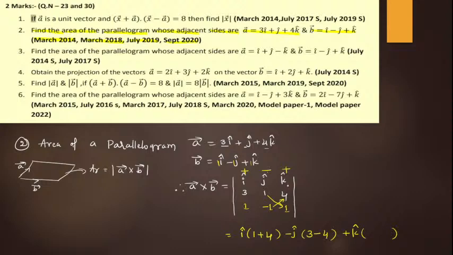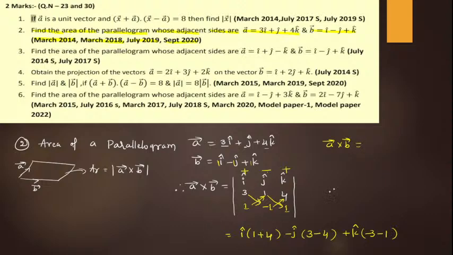Okay na. Next it is k cap. So leave this column, leave this row and multiply these two. 3 into -1 is -3, minus symbol, 1 into 1, that will be 1. So ultimately I got A cross B will be,